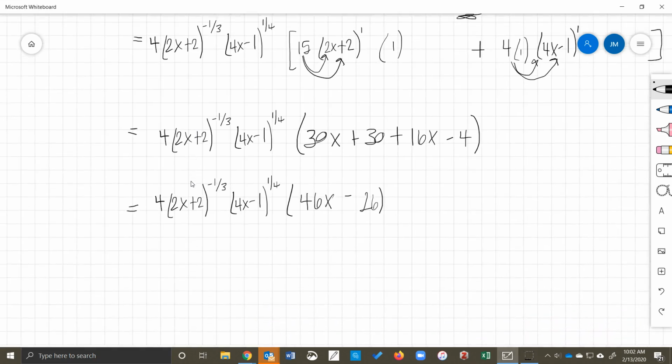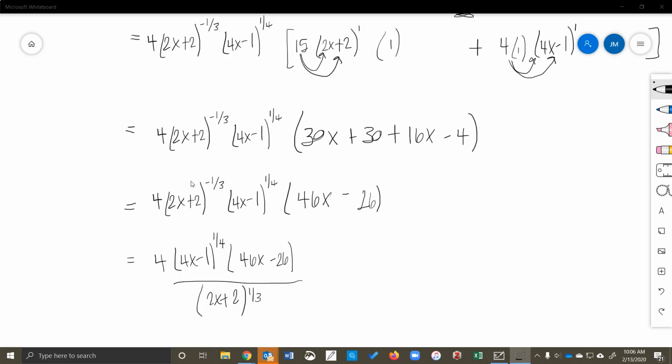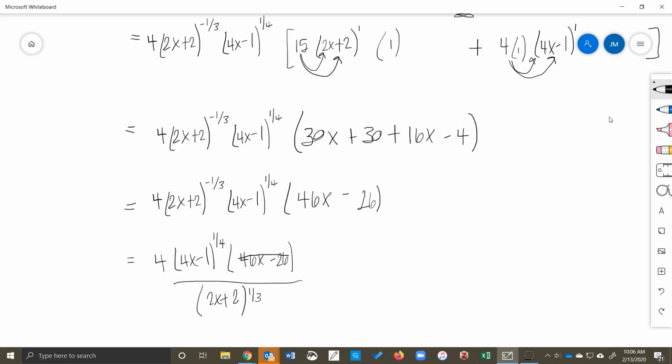To clean this up, the only thing that I'm going to do is move that negative exponent to the bottom, and I end up with this. That negative 1/3 that was originally in the numerator, it did come to the bottom because if you have a negative exponent, you can move it and it becomes positive. And I don't like negative exponents, so if they're negative, I move them to the denominator. Anyway, I do notice something else that we can do. I can't touch the 4x minus 1 because it's to the 1/4 power. I can't touch the 2x plus 2 because it's to the 1/3 power. But the 46x minus 26, it's just to the first power, and I do notice that there is a GCF of 2 between 46 and 26, and I would be left with